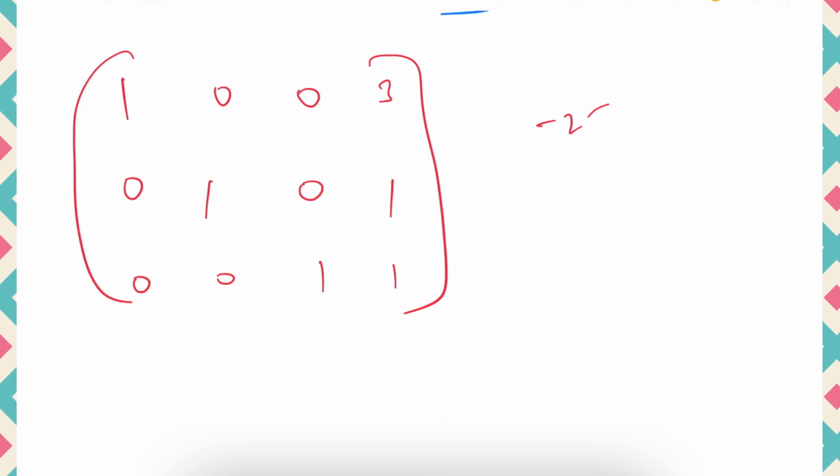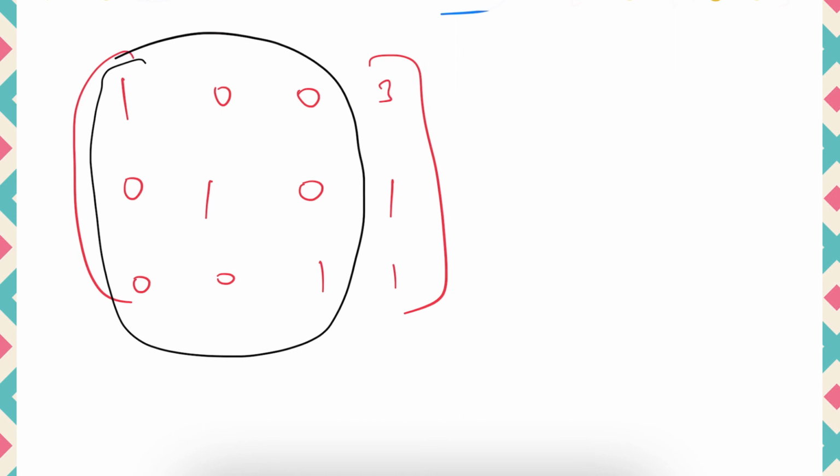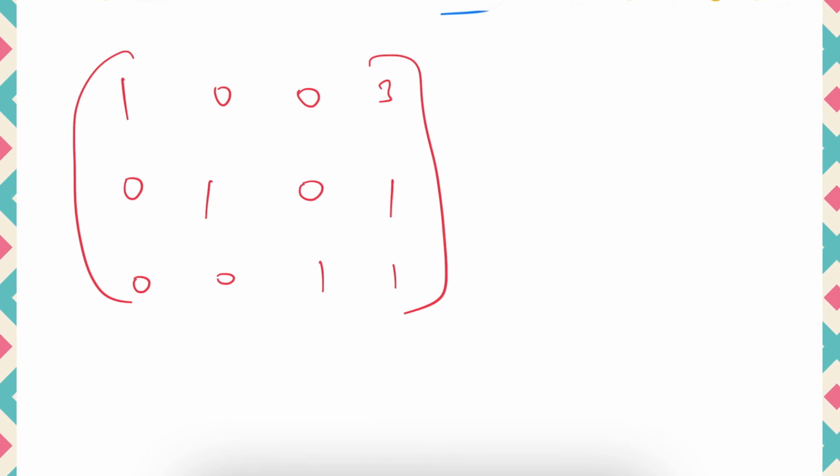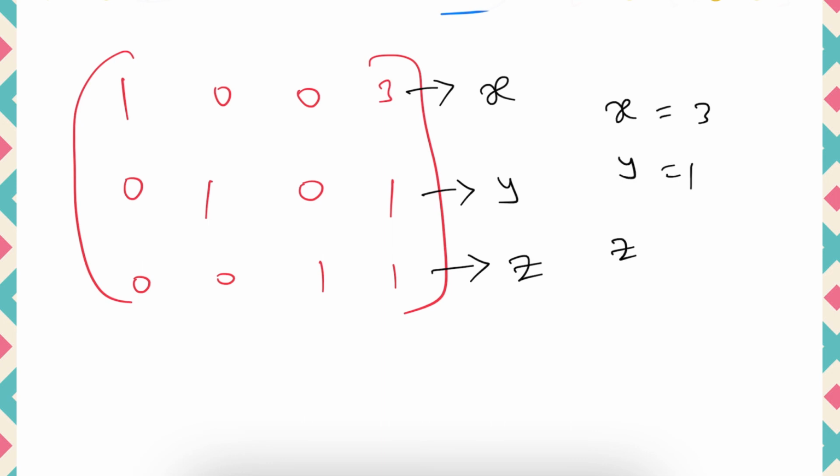Once again let us confirm whether we got whatever we require or not. As I said in the first of this method only, we want unit matrix here. 1 0 0, 0 1 0, 0 0 1. Of course we have unit matrix. Now besides that unit matrix we will be having one extra column 3 1 1. That 3 1 1 is nothing but the values of x y z. So this 3 is the value of x, and this 1 is the value of y, and this 1 is the value of z. So x value is 3, y value is 1, and z value is 1.